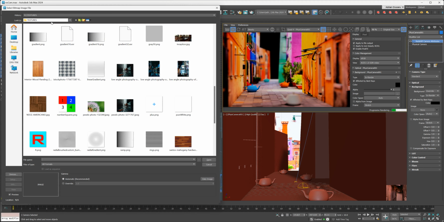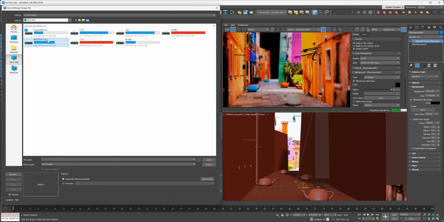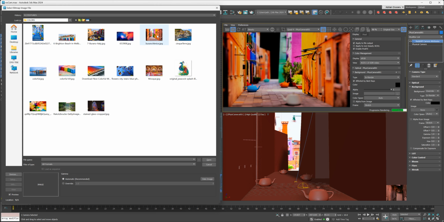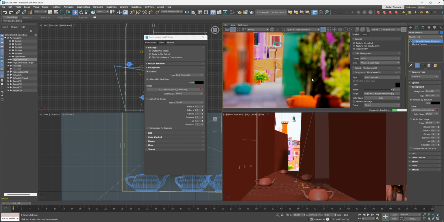And let's see if I can have here, do I have someplace? I don't think so. So let's go to Redshift, references, colors, and I should have the image here. Okay, and I'm using the exact same thing as before. But since I have the same controls, I can say, hey, pre-composite or post-composite. Of course, if you don't want to bake this in with your render, you can set this to, after you've set your bokeh in the camera,